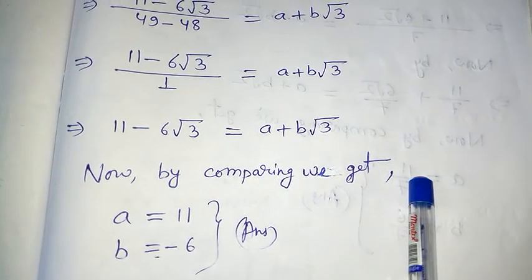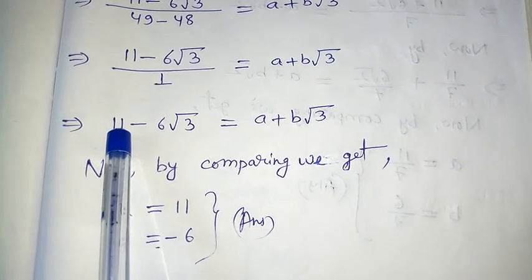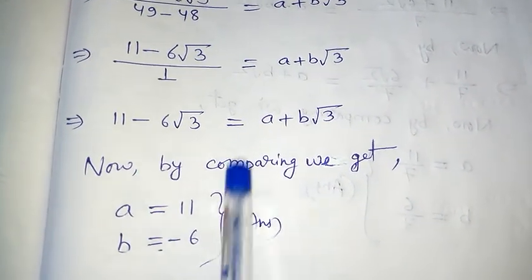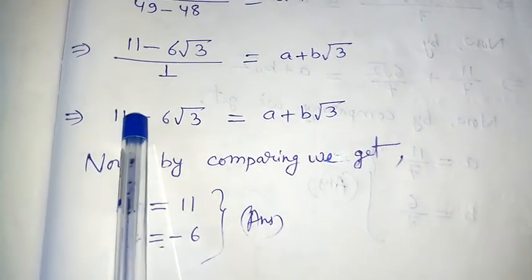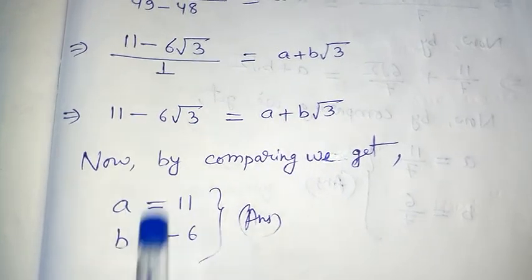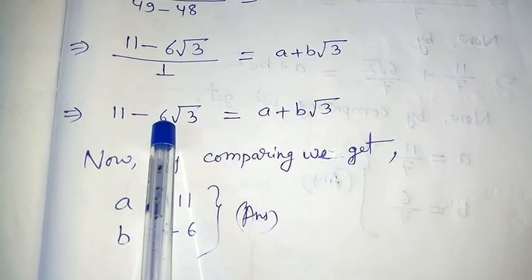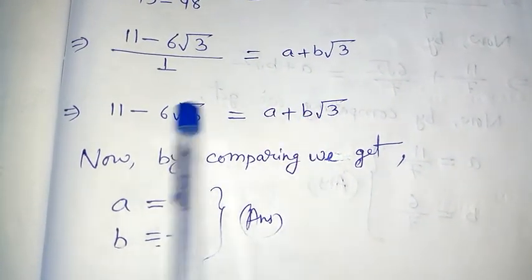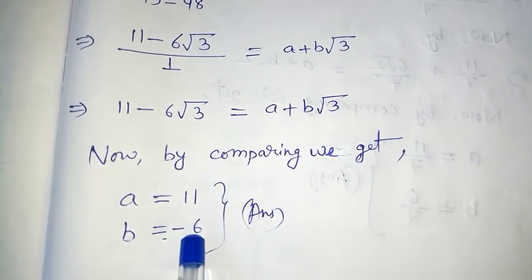Now by comparing we get, you see here the first position goes to a, and here the first position goes to 11. So I can say a equal to 11. So location is very important. First is compared with first. Now as there is minus here, there is plus, so in the answer we will get minus, and in the place of b here we have 6. And root 3 you can cancel in mind. So the b place has been taken by 6, and I can write minus 6. That means for minus we have to write minus. So I have done this one.